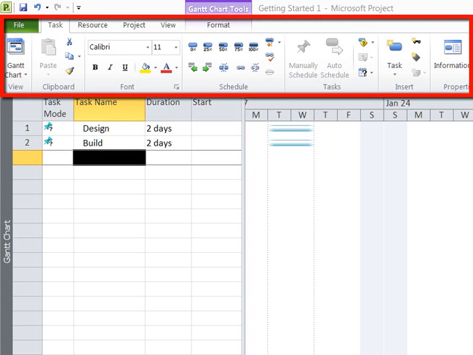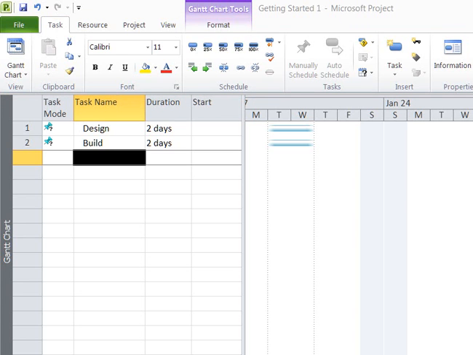Now welcome to the ribbon. Let's look at this for a second before getting down to the business of creating a new project. The ribbon contains features that are grouped according to types of activities that you're likely to perform when creating and managing a project. Right now the Task tab is displayed,